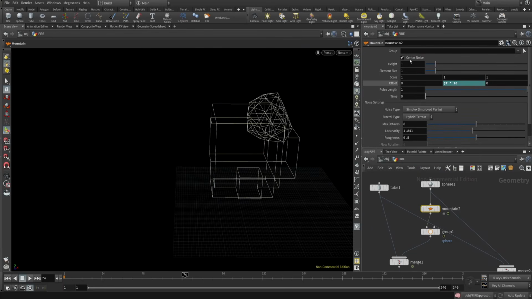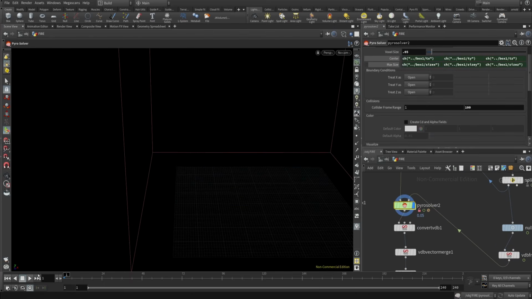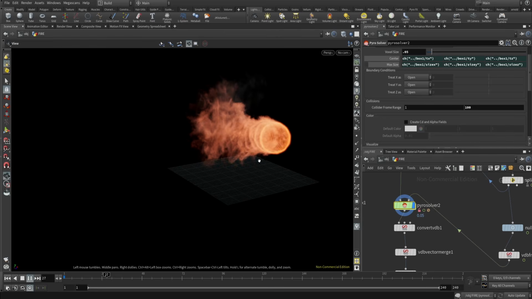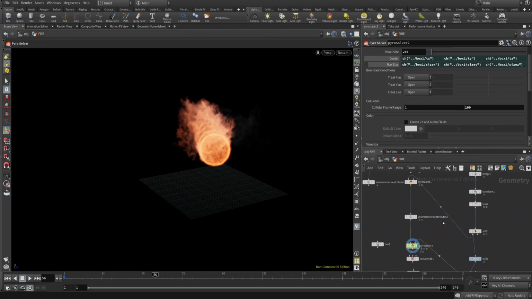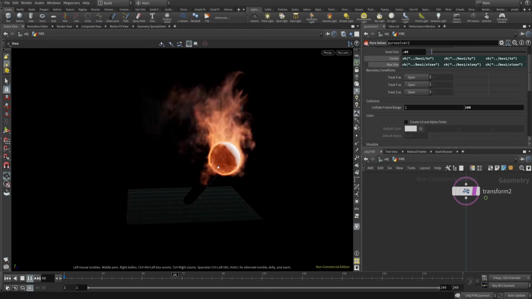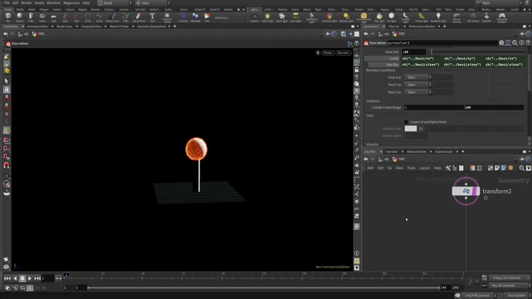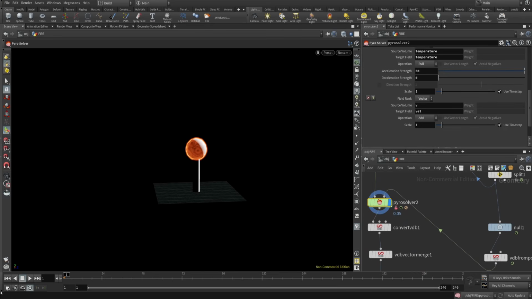And also, I think some of these turbulence noise come from the source. I'm going to decrease the height of the mountain to some smaller number, and let's see what we have. Okay, that's much better. Now we have some collision between the source and fire. Let me turn on this option here. And probably we need to increase velocity of the source. Okay, that's much better, but